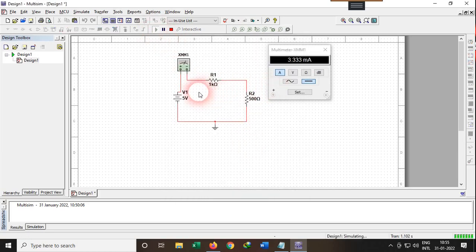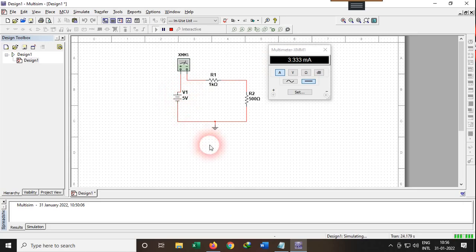We will vary V1 from 0 to 5 volt or 10 volt or 12 volt, whatever the circuit allows. Here I have just made an experimental circuit. And we will take the value of current from the multimeter for every different value of V.